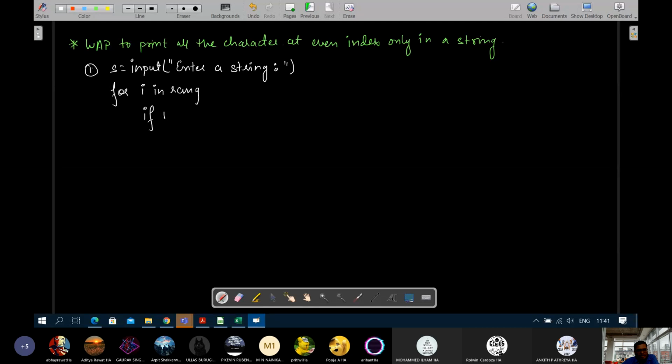In range 0 to len of s, all the possible index positions will be generated, because the last index value is len of s minus 1, so we have to go one extra, which is len of s. So from 0, all the index positions of the string will be extracted in the form of a list of integers, and then we'll write if i mod 2 is equals to 0.